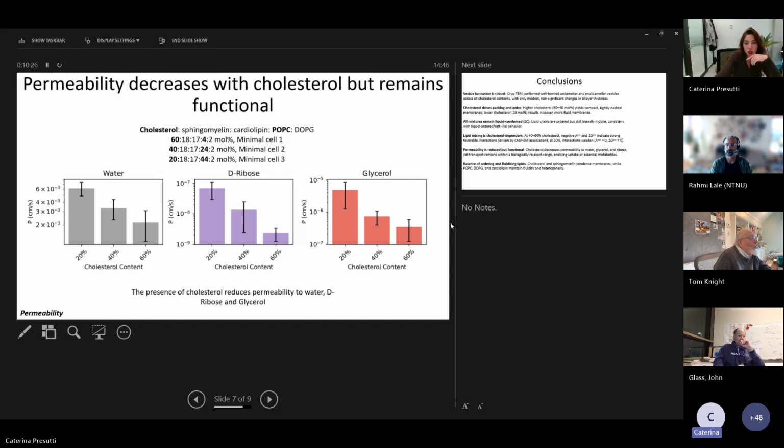This is particularly important, especially for glycerol, because it means that glycerol can still diffuse in and be part of the synthesis of PG and cardiolipin, and also relevant for the virulence of certain pathogenic mycoplasmas. This also confirms that the minimal cell membrane combines order for stability with just enough permeability to